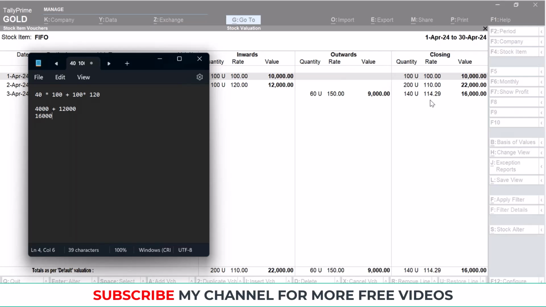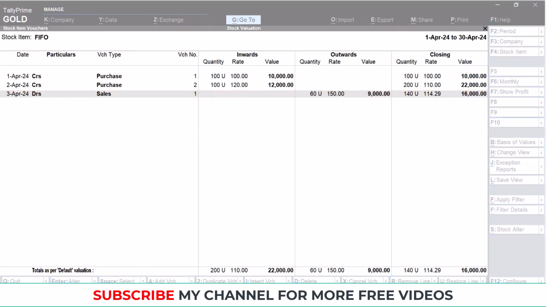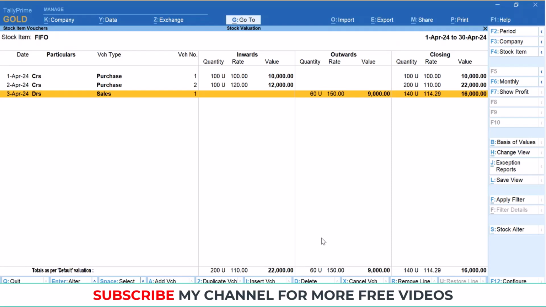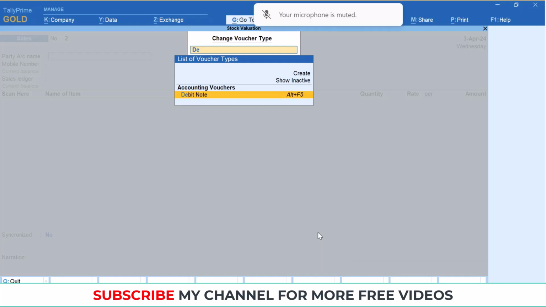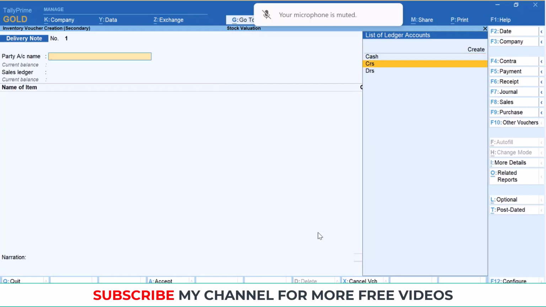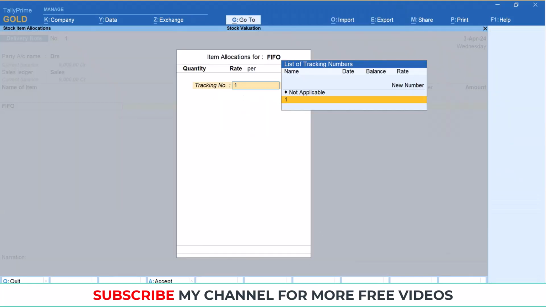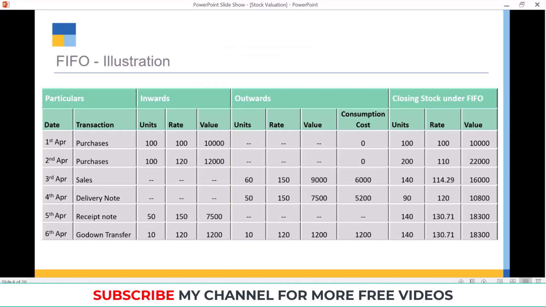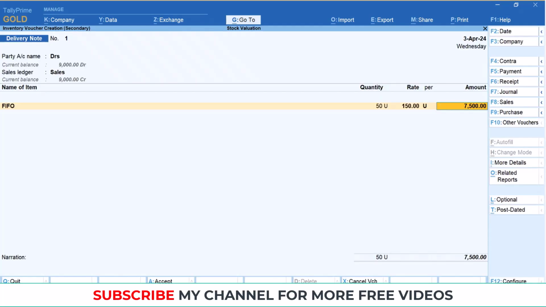Okay. First in, first out. Whenever we are making sales, we will first clear the stock of the first purchase, and then only we are going to consider the next part. Okay, so after this it says that we are passing a delivery note with 50 pieces for 150 each. Tracking number I'll keep not applicable. 50 for 150 each, 7,500